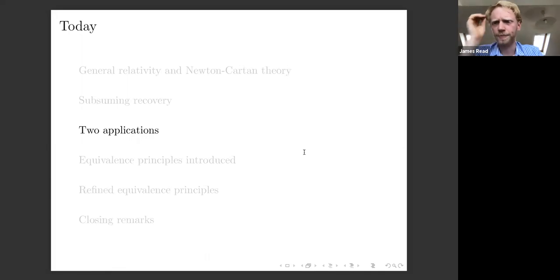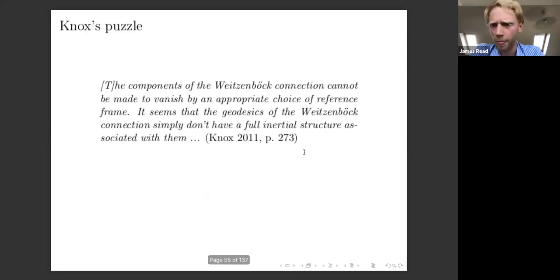Okay, so two very quick comments on this. I think that we can use this understanding to shed some light on issues which have been raised in recent papers in the philosophy of physics. So in Eleanor's 2011 paper, for example, she comments on the different status of inertial motion in Newtonian gravitation theory versus